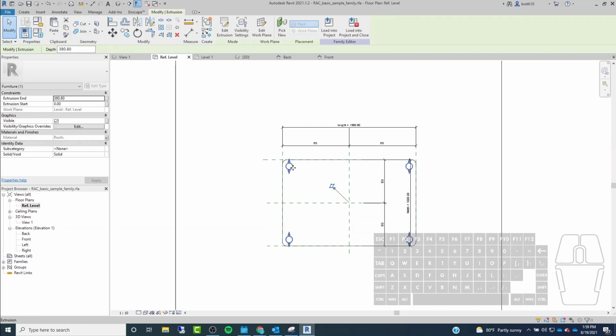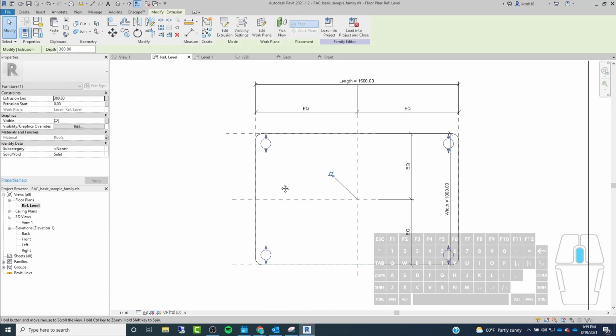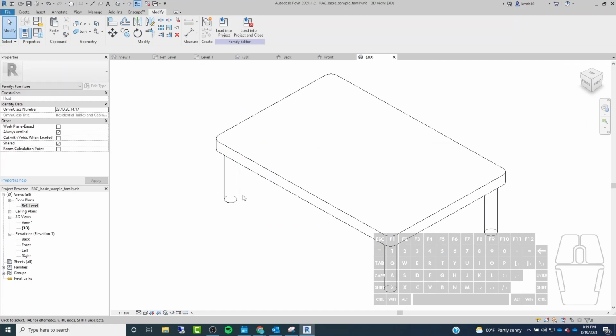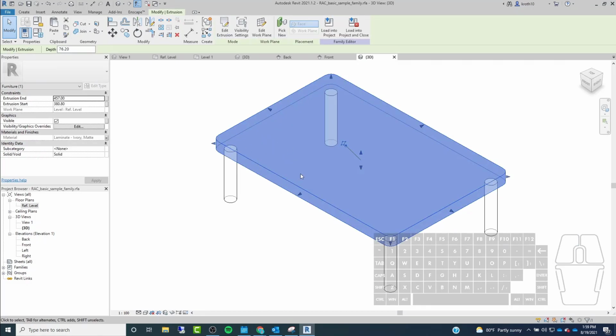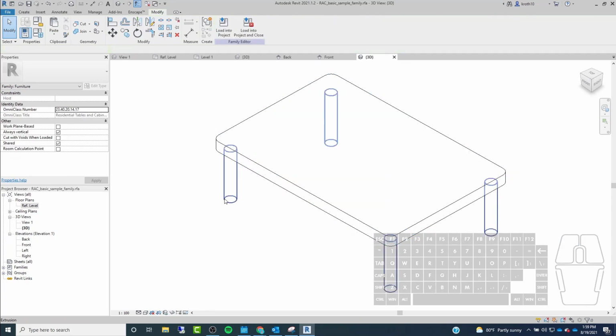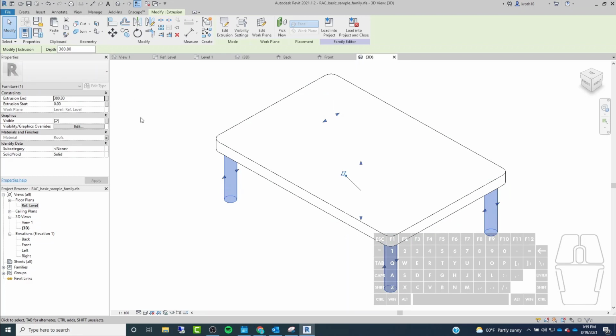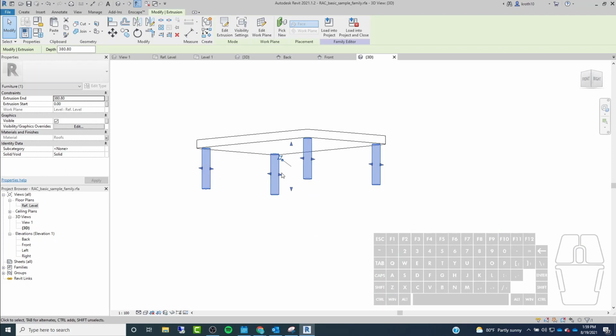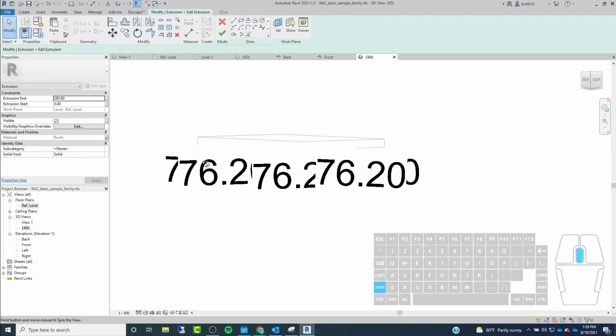Doesn't look like it. All right, so if we look at the actual forms that are being used to create this table, this is a very basic, simple family. If we click on the top here, you can see that is an extrusion. Okay, and then these legs are also an extrusion, and these were all created within a single extrusion because they are all highlighting together. So if I were to select those and then click on edit extrusion,